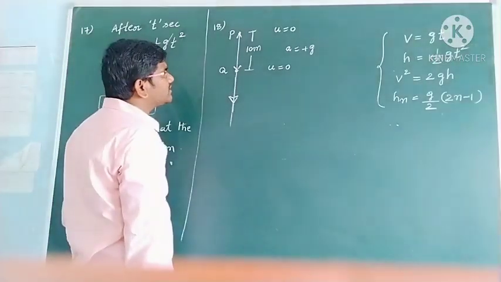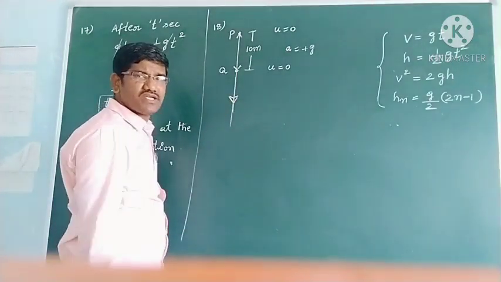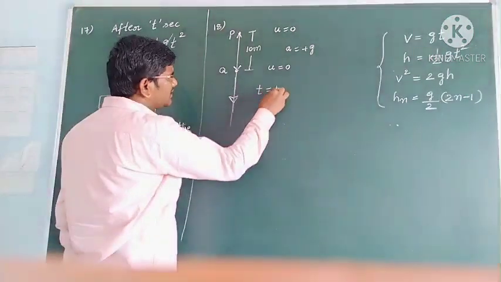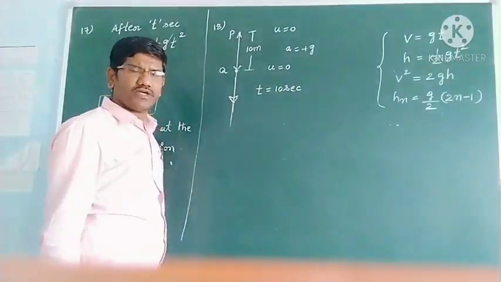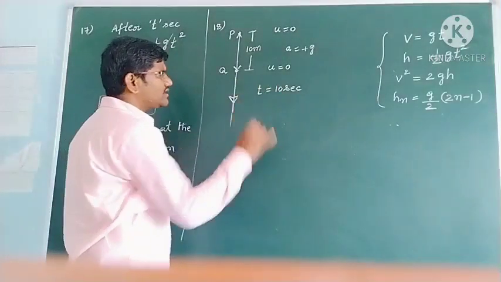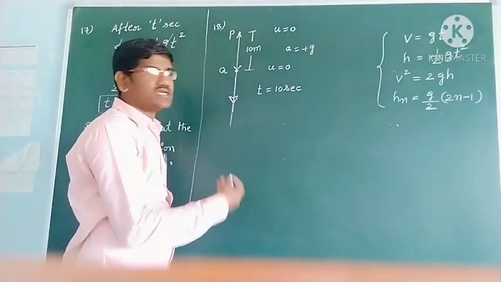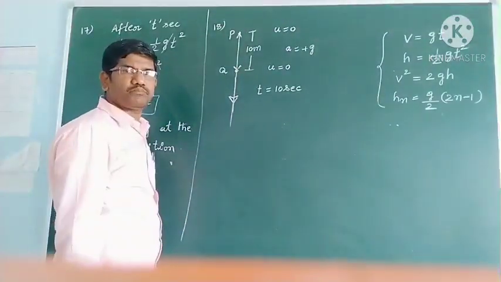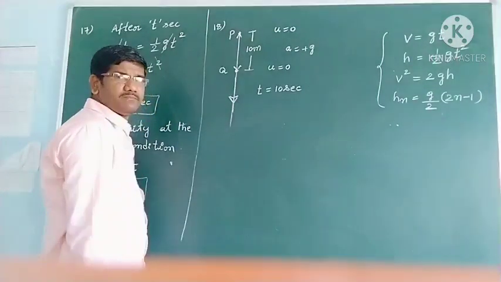Okay students, for both the objects initial velocity is 0, both the objects have the same acceleration, and both the objects are falling for the same time, that is 10 seconds only. Both the objects are falling in the downward direction for the same time, 10 seconds only. So it means they travel the same distance. This separation will remain the same only. Okay students, since time is same,